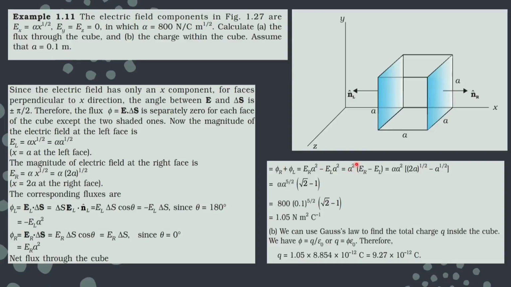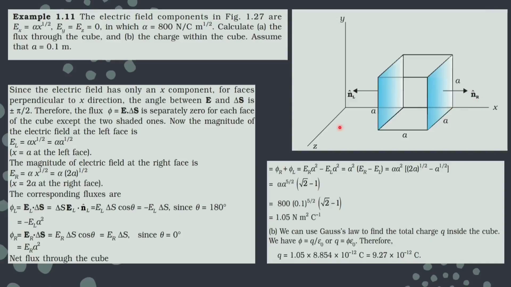And here you see they have given you this diagram as well. In this diagram they have given you x, y, z axis, and this distance from the origin also they have taken as A. So this is the left face, this is the right face of the cube, and you have to find the electric field acting on the left face and on the right face. Because we are having positive charge, because they have not mentioned anything, we will assume positive charge. So direction of the electric field is in the outward direction, and the area vector is also in the outward direction for left and right faces.